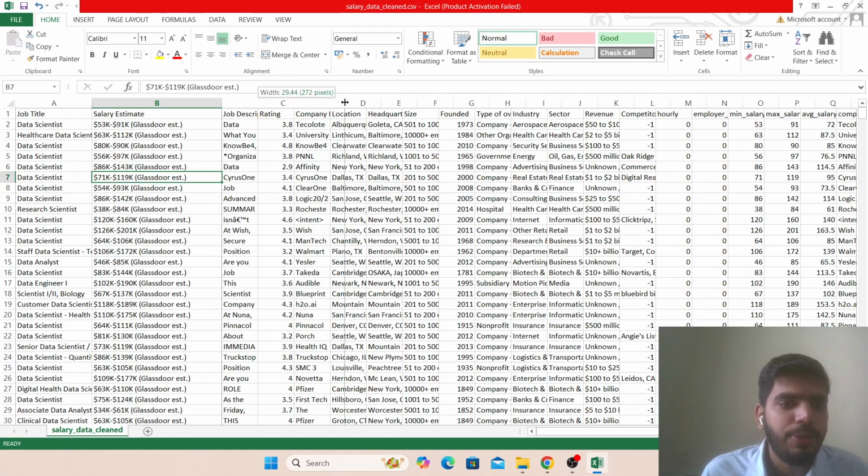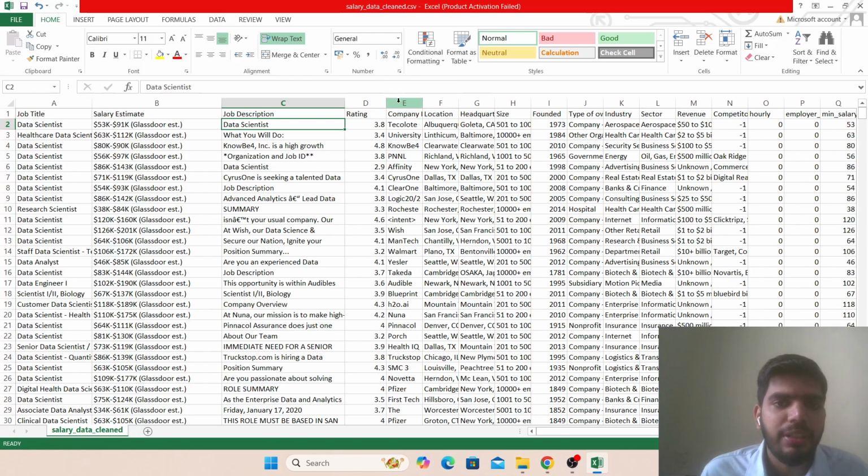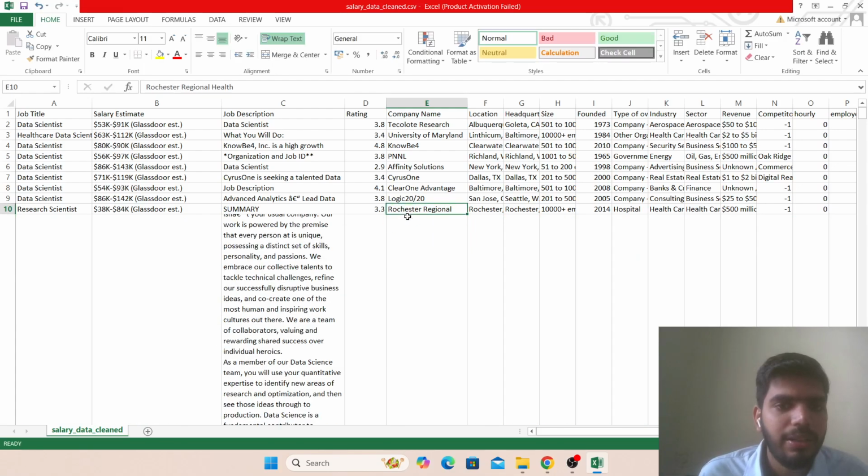Then the job description, then the rating of the company, then the company name. So in Telecold Research, a data scientist has a salary of $53,000 to $91,000. In a company like this one, see this, can you see the data is missing here, right? The data is missing here.